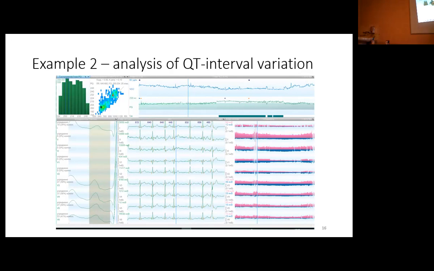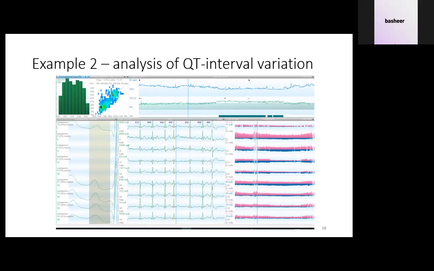And here we see the distribution of the PQ parameter and, as I remember, the RR interval or something like that. Actually, I don't remember. So here we have scatter plots for parameters, and you may select some point here, and